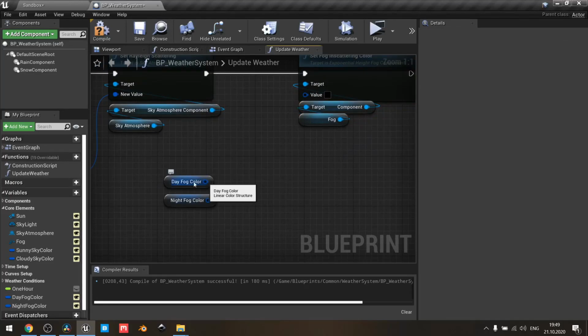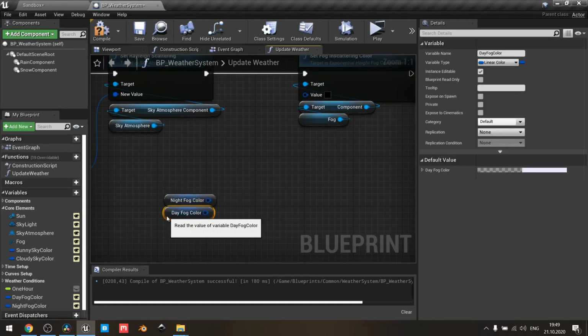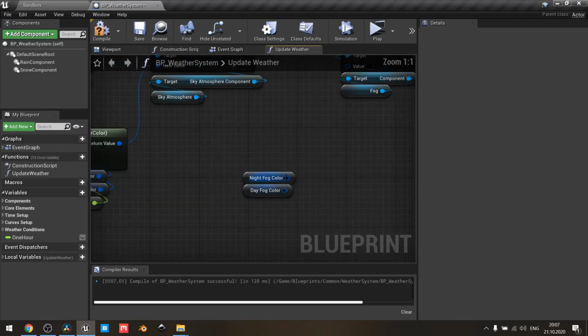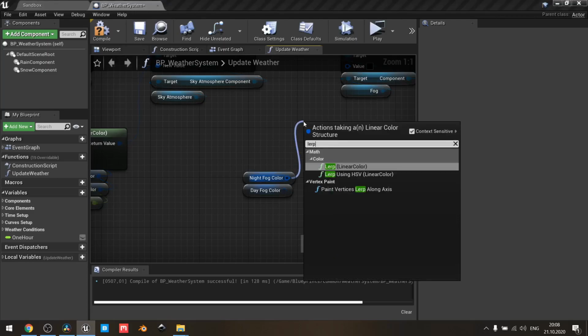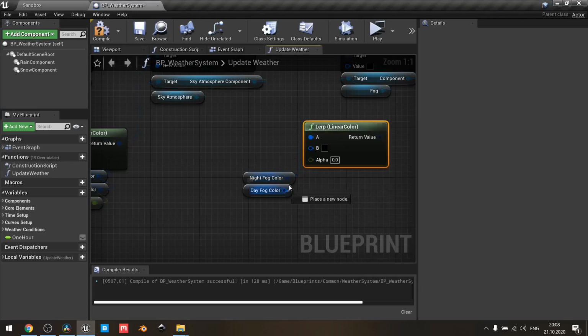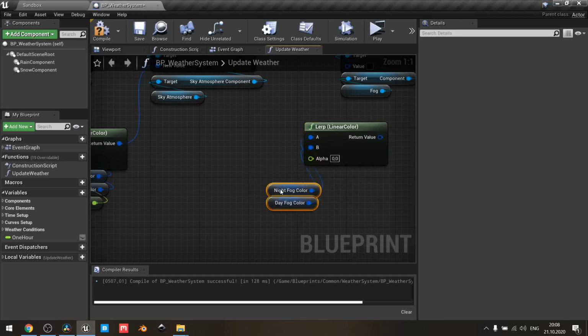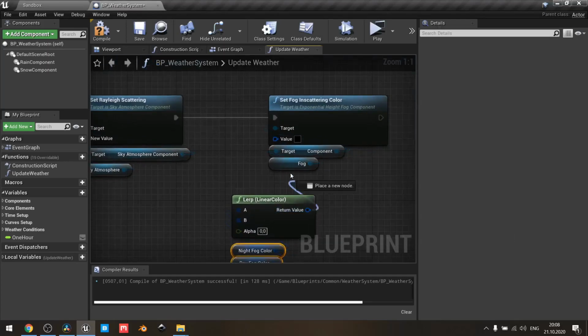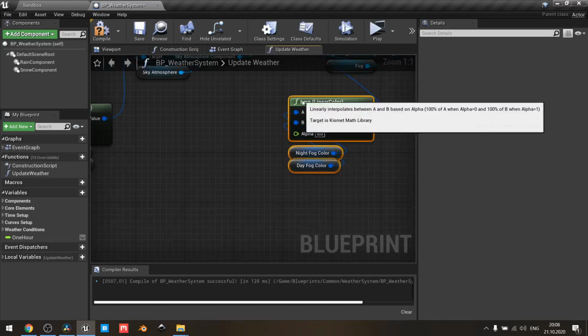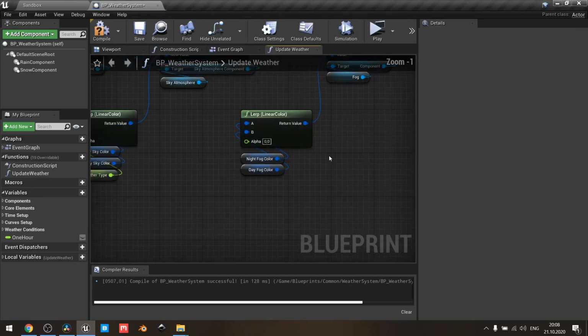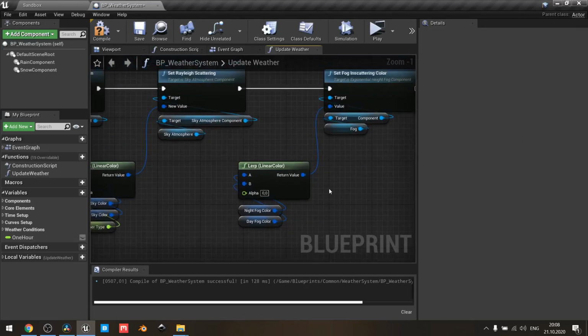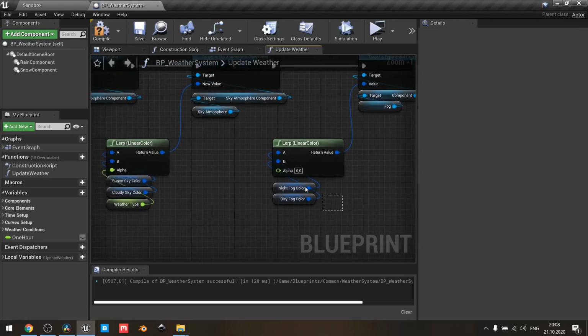Next. Now pull away from night fog color, search for lerp. As for the alpha, in case we want to have control and smooth transition between these two colors, we need